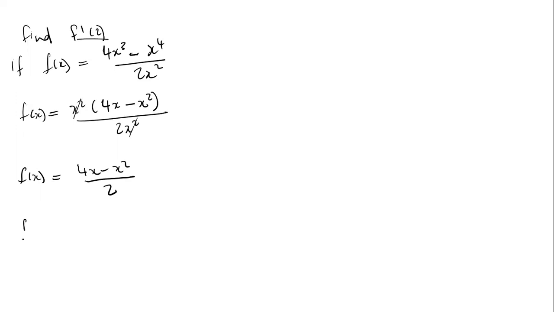Now I'm going to determine f at x plus h. Where I see x, I'm going to substitute x plus h. So I'm going to have 4(x plus h) subtract (x plus h) to the power of 2, divided by 2. And therefore, I have f at x plus h, which is equal to, so here I'm going to have 4x